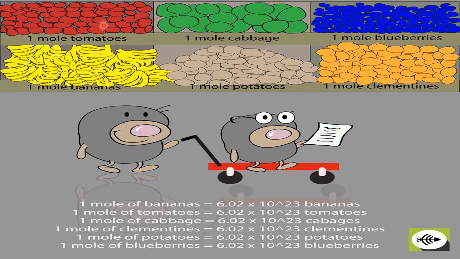Tomato size is smaller. But whether it is small or bigger, mass may vary. But 1 mole means it is 6.022 into 10 to the power 23. It is sure. It is Avogadro's concept. So 1 mole of any substance is nothing but 6.022 into 10 to the power 23 particles of that substance. And this condition holds good when you take molar mass of atoms or molecules. Clear?